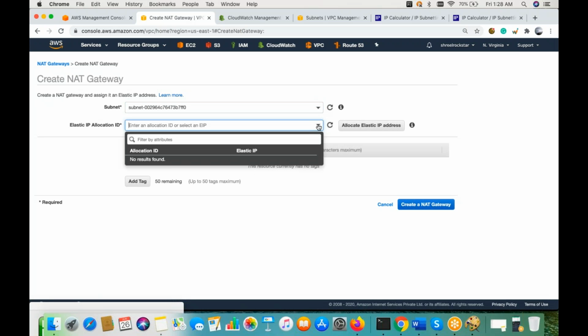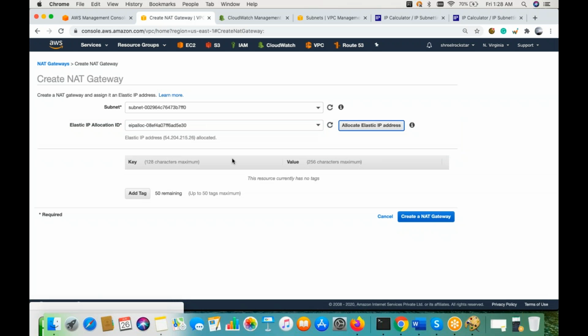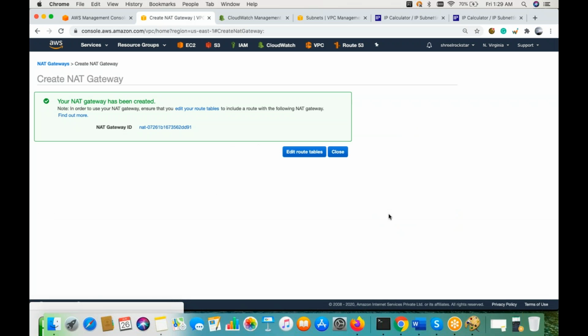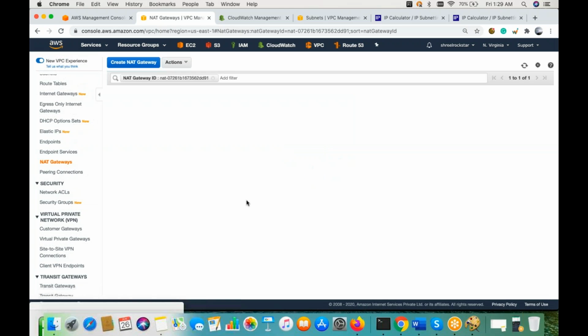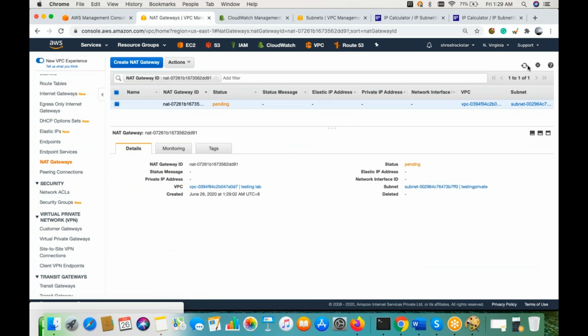Okay. So guys, you can create one public IP. See, it will also ask you for an elastic IP allocation. So you can simply allocate a new IP address, and you can create a NAT gateway. Once you create a NAT gateway, you have to go and attach the traffic through the NAT gateway. Like, see, let me create this. So guys, I got this NAT gateway here. So this will give attachment.